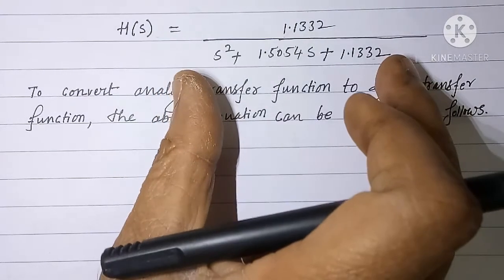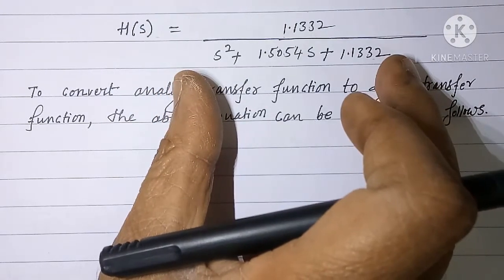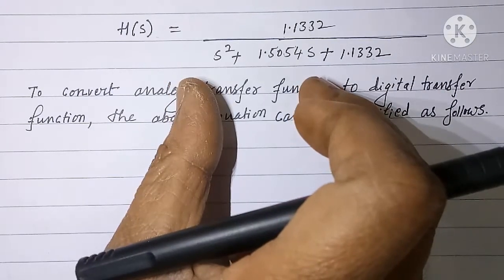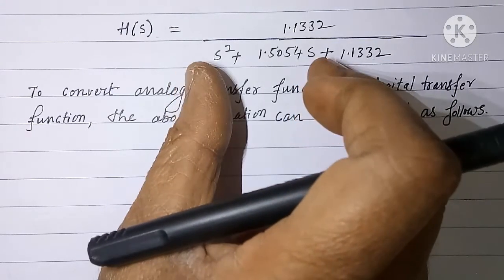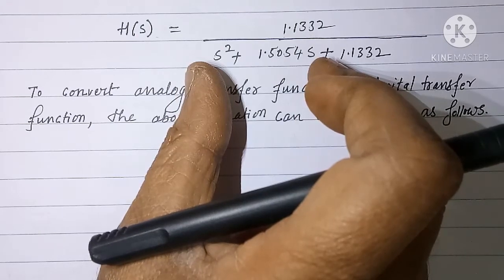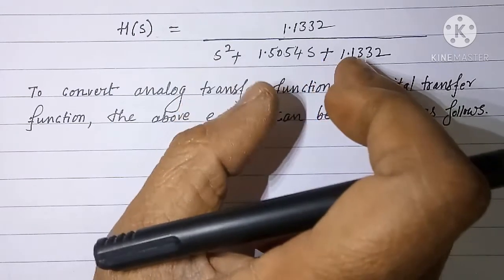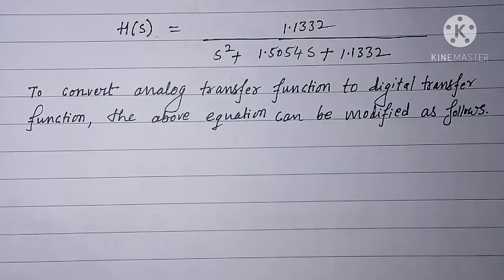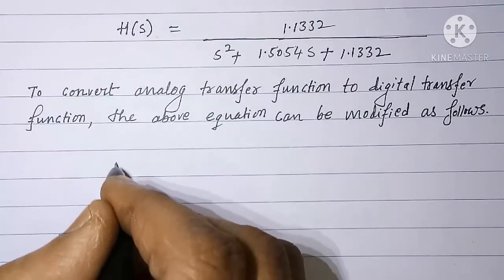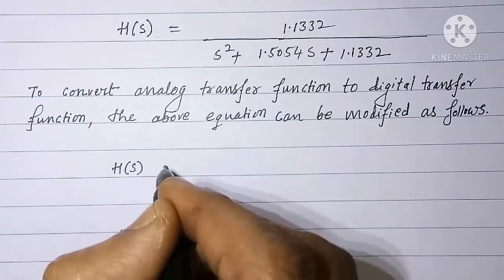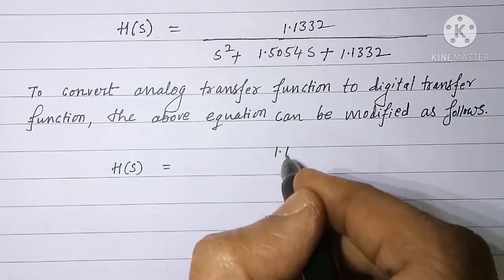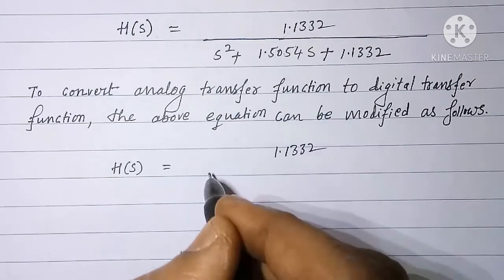Here we will complete a square in denominator and write it in the form of s plus a whole square plus b square. H of s is equal to 1.1332